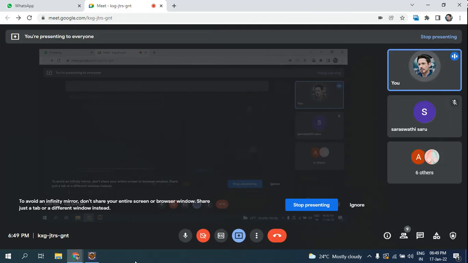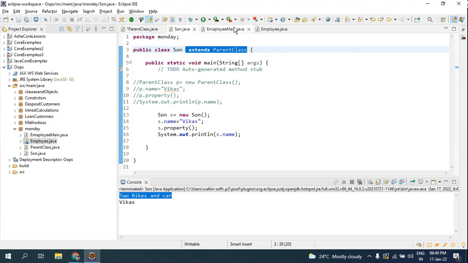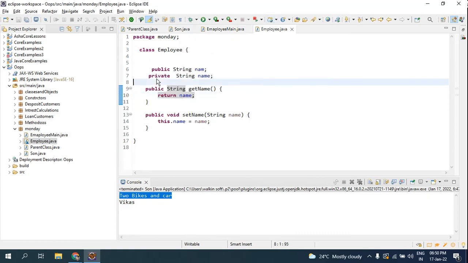I will tell you again what is encapsulation. Encapsulation is a concept of OOPS in which an attribute is private and you cannot access it in other classes. When you want to access it, even if it is mentioned private, you have to generate setters and getters methods and use them to assign the value. You are going to use the set method, and to get we are going to use the get method. So this is encapsulation, when the attribute has the private keyword.